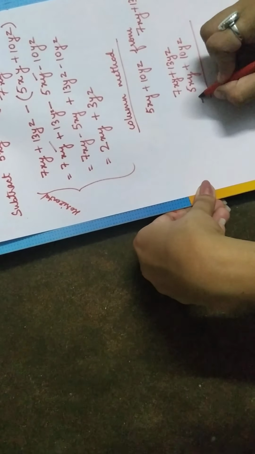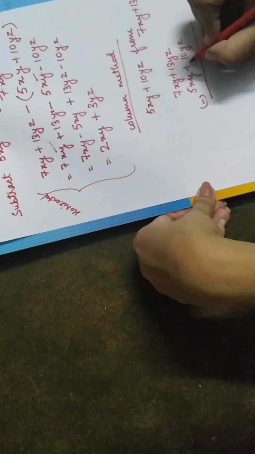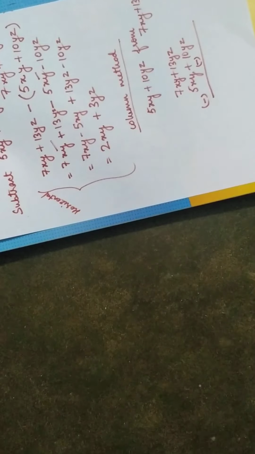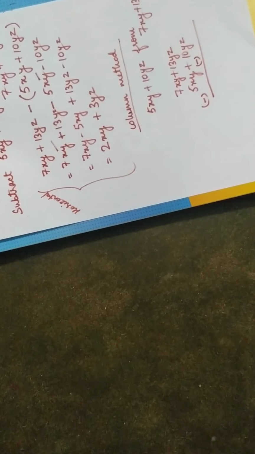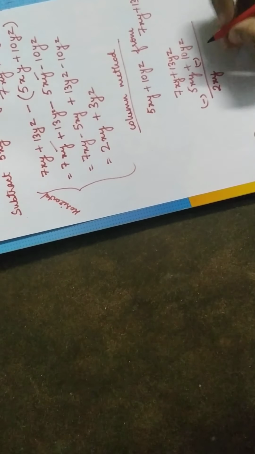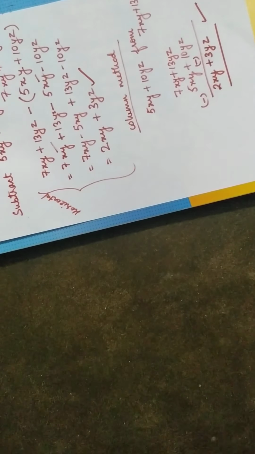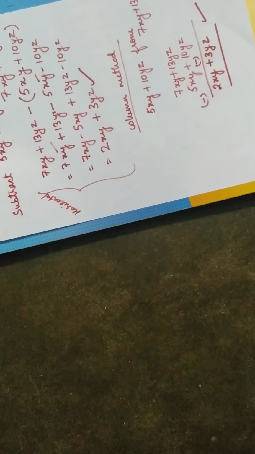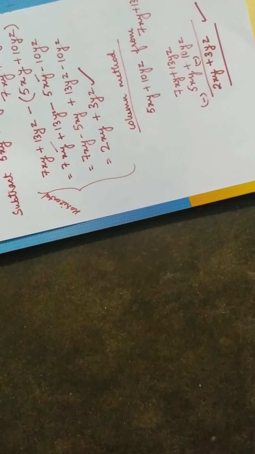Now 5xy becomes minus 5xy and 10yz becomes minus 10yz. So 7 minus 5 gives you 2xy, 13 minus 10 gives you 3yz. Now you can see that both the answers are same, but here this change of sign is easier. So according to my opinion, if you go with column method, the chances of doing a mistake will be less. The chances of errors are less.